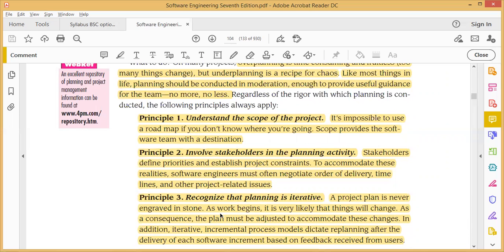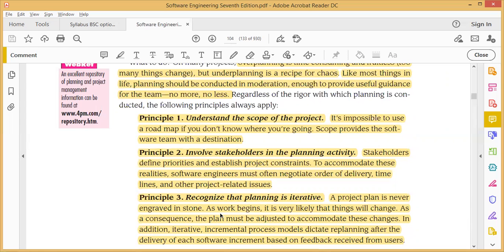That means we have to focus on the scope, the main or core part of the software, so that we can work on that. It is impossible to use a roadmap if you don't know where you are going. Scope provides the software team with a destination. So first of all, we have to choose a roadmap.